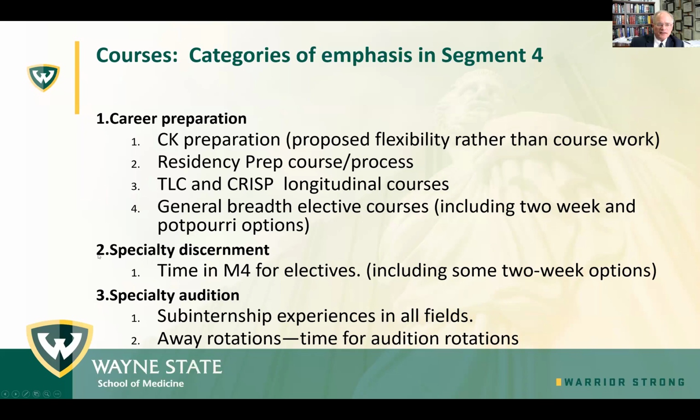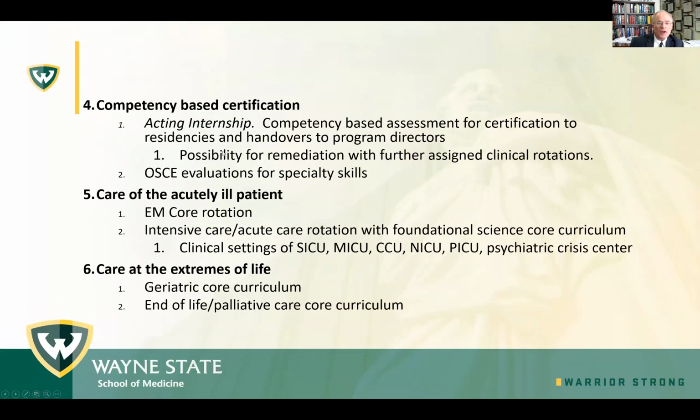It's a time to do electives. We give a lot of freedom for students who need to do audition rotations, and in highly competitive fields, there's got to be time for away rotations. So we do have that. We do have the luxury of having all these medical centers that I showed you. So our students in fourth year can find specialty sub-internships in just about every field. I haven't learned one that we don't have it in yet. We also